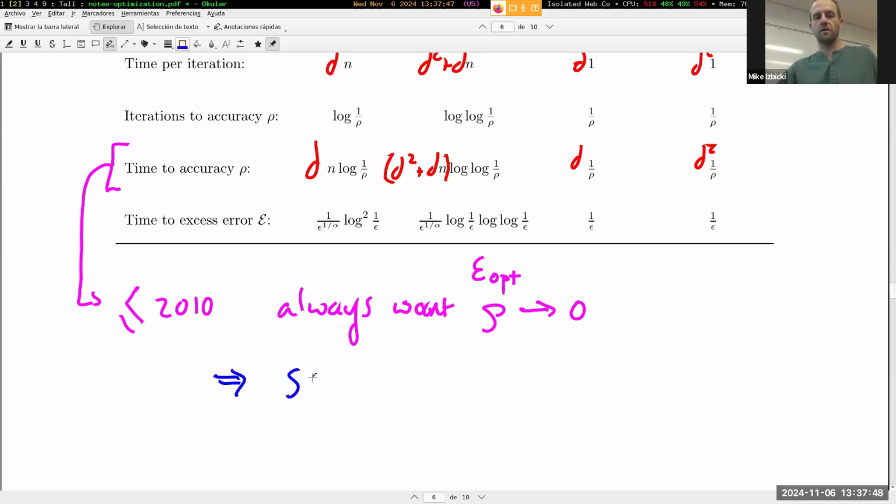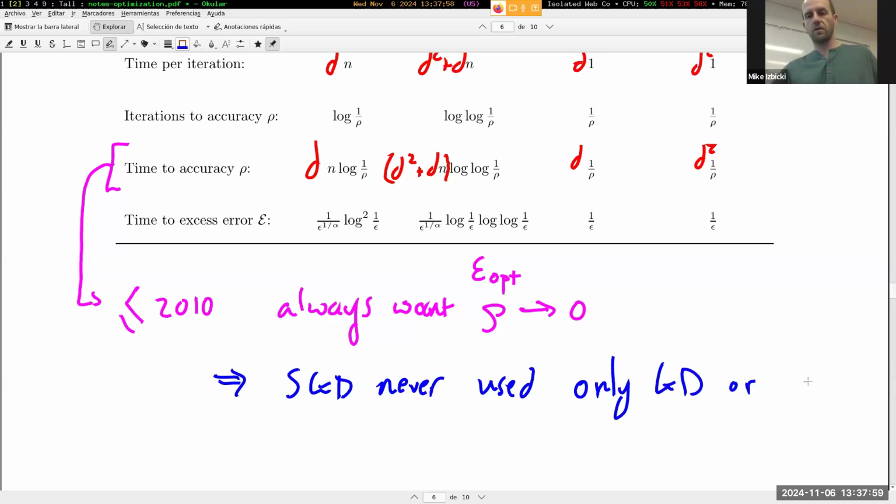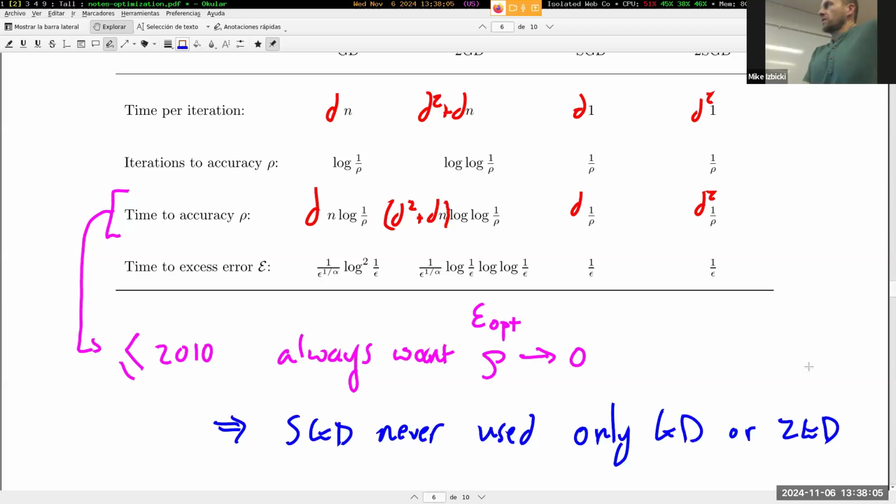SGD was never used. Only gradient descent or second order gradient descent. This is a good spot for us to pause for a second